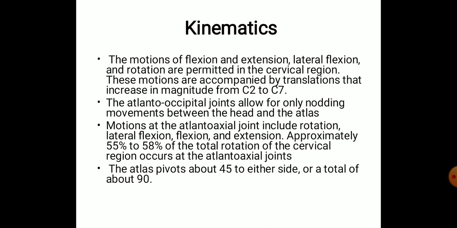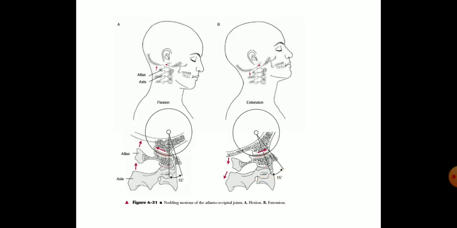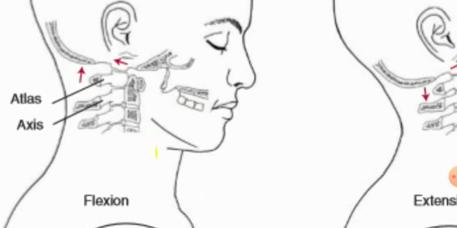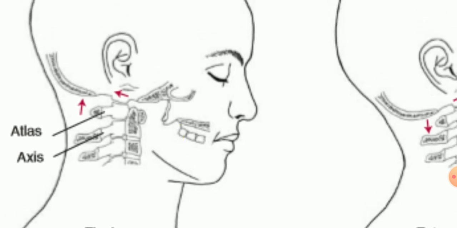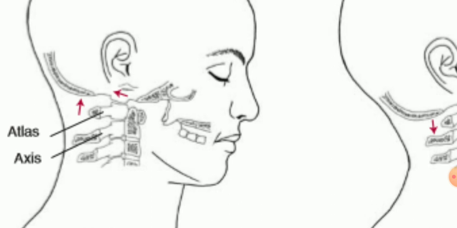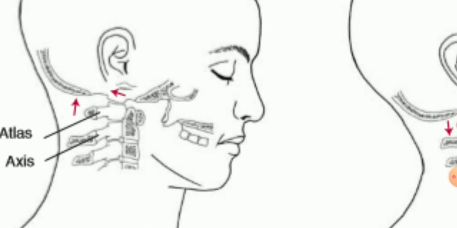the magnitude of movement increases. The atlanto-occipital joints allow for only nodding movements between the head and the axis. So this is mainly happening in the atlanto-axis joint. So the atlanto-axis joint is mainly for nodding, either forward or backward nodding. So whenever they try for forward nodding, what is happening? It is something like a concave convex surface. It means the occipital condyles form the convex surface and the atlas forms a concave surface. So all the movements which are happening inside that will be in an opposite direction.